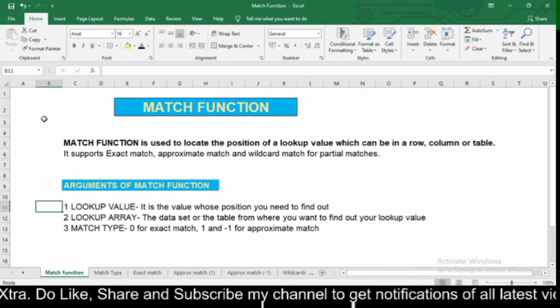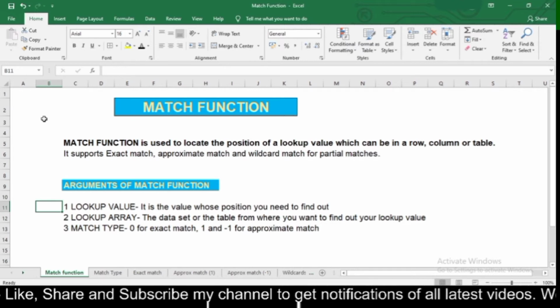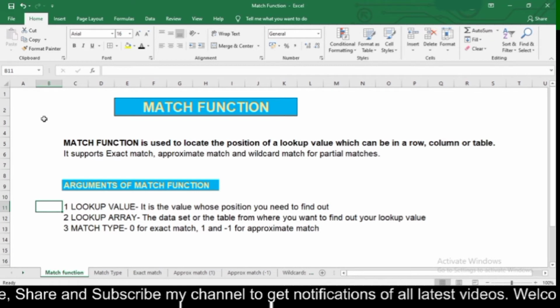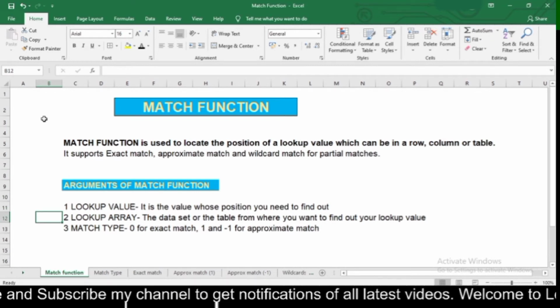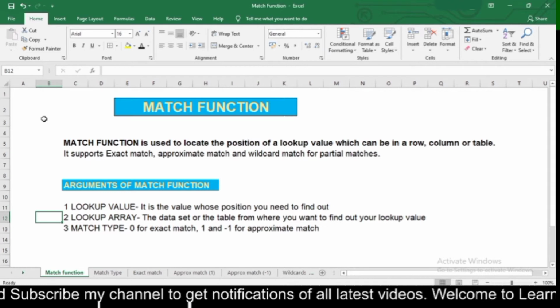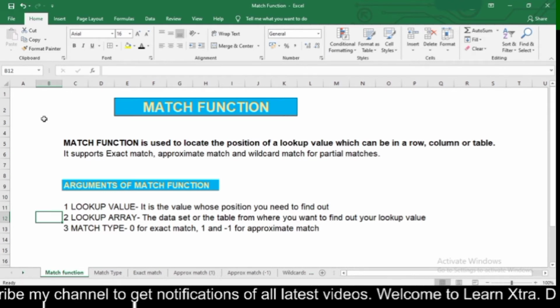Arguments of the MATCH function. There are three arguments of the MATCH function. Number one is lookup value. It is the value whose position you want to find out. Lookup array is the data set or a table from where you need to find out your lookup value.